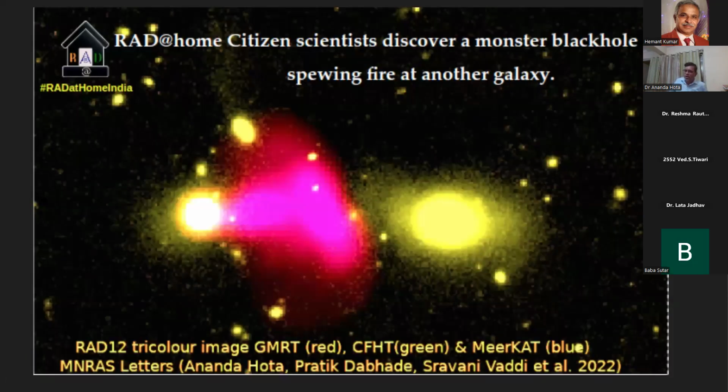So as I was telling you, our team tried to understand this kind of plasma outflow from galaxies. And our student-trained citizen scientists have discovered an unusual plasma ejecting galaxy. This is the picture that made news in 2022. What is this? There is a galaxy here, a yellow elliptical galaxy. There is another galaxy here, another yellow elliptical galaxy. Plasma from this galaxy, which is supposed to come out in both directions, for some reason we do not understand now, because this is just a discovery image.